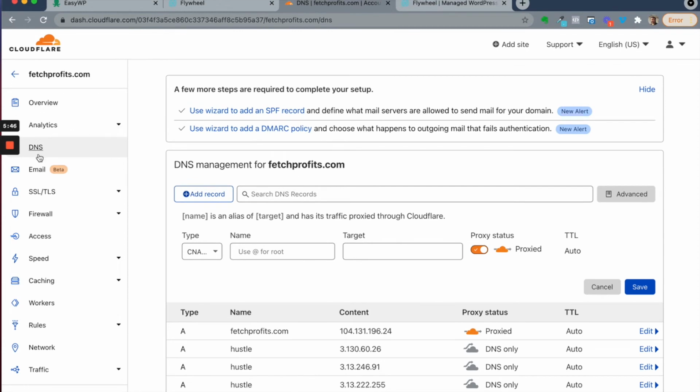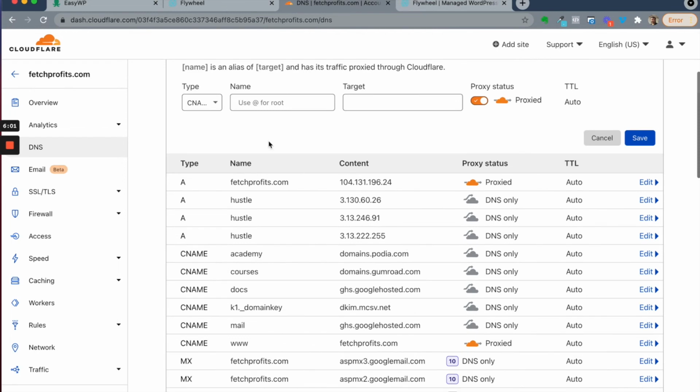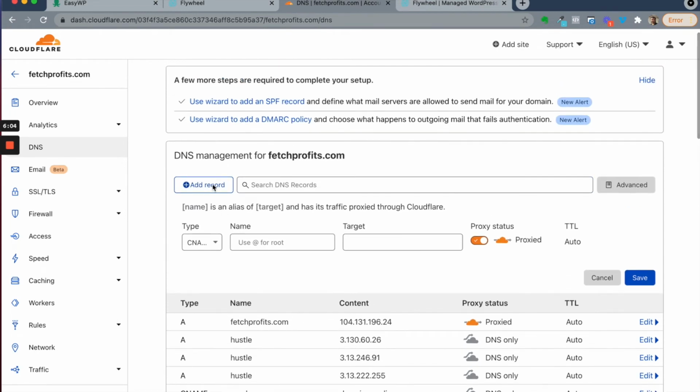Once you're in your DNS settings, get to DNS. This is the page you will see, especially with Cloudflare. It's intuitive enough. You will find your DNS settings depending on the DNS provider you use. Click on DNS. Get to the DNS part where you can add records here. Click on add record. Choose CNAME. The first record you will create is @ and the target is what you just copied now from Namecheap. Be sure to toggle the proxy status off because it leads to conflict sometimes. For this particular use case, you don't need the proxy status on. Then click on save. We've already done this, so I'm not doing it now. I'm going to cancel out of this.